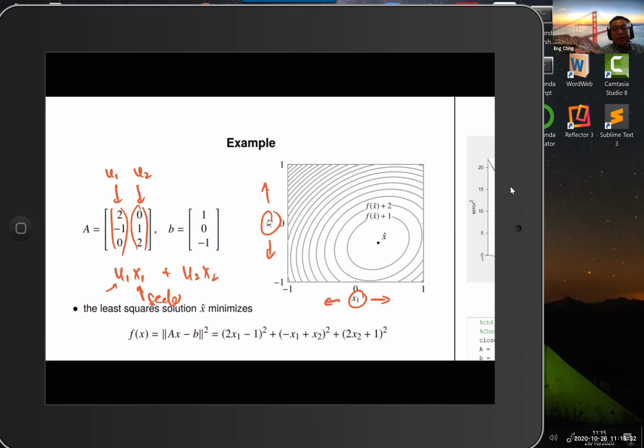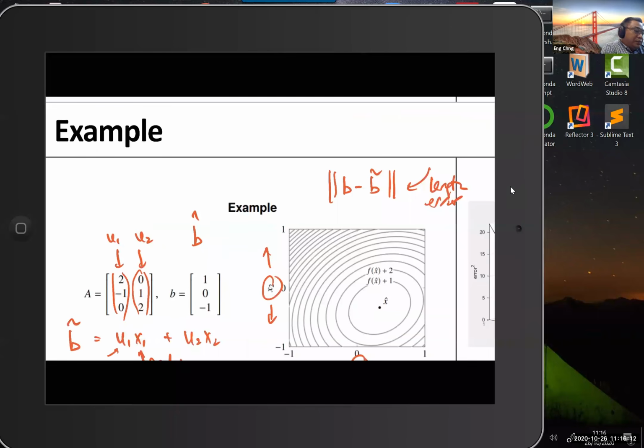And for each of these constants, I find b hat, because this is b hat, for example. Or let's not call this b hat, and confuse ourselves. Let's just call this some b, as I vary x1 and x2. And for every b, I can find an error because I have b minus b tilde, the approximate. And therefore, when I find the norm, which is the length of the error, where's the length of the error again? Which is always,